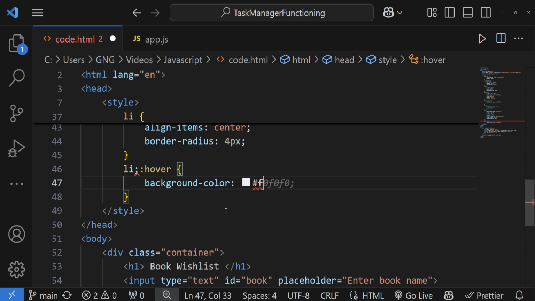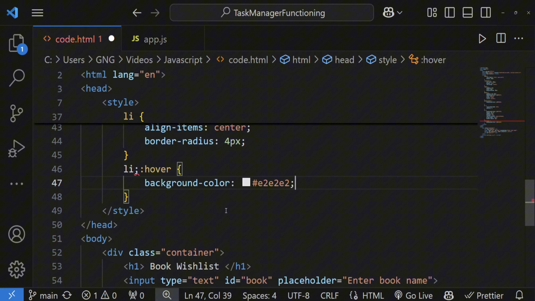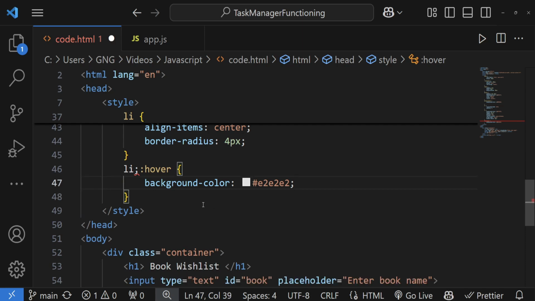I'll just add a sequence color over here. It was E2, E2, E2. Yes, perfect. Sorry, I said easy. It was E2. I remembered it was like some kind of dash. So now, after that,